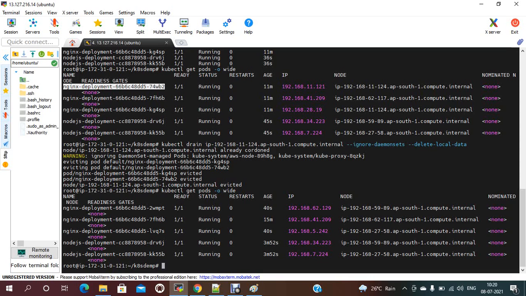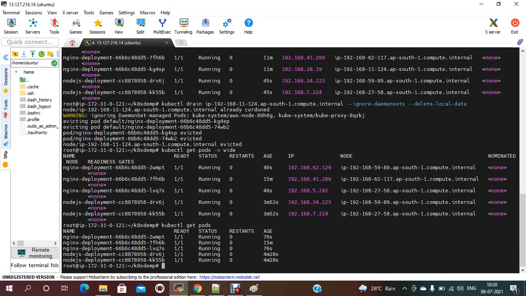This pod is evicted, and new pods should be created on this new node group. Now if you check kubectl get pods, it should be running, and get nodes.